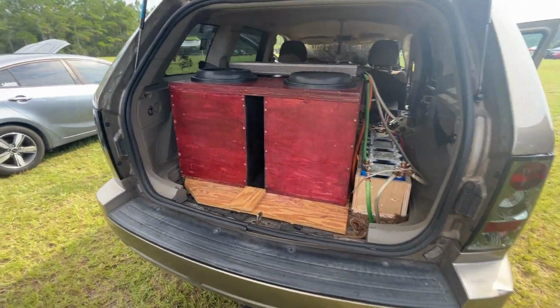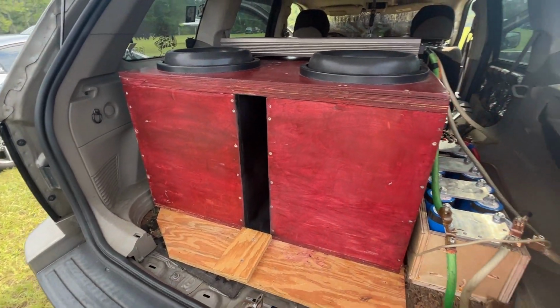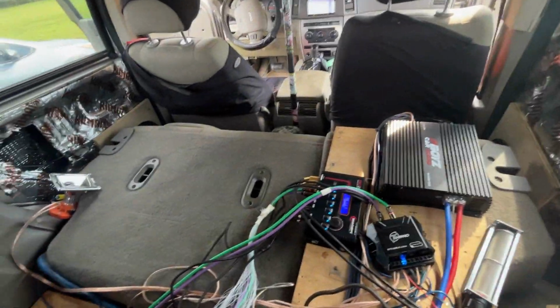Did you do any kind of testing for box location to know where to put it? I've tried a little bit here and there. Yeah. Just got these subs in. I'm having